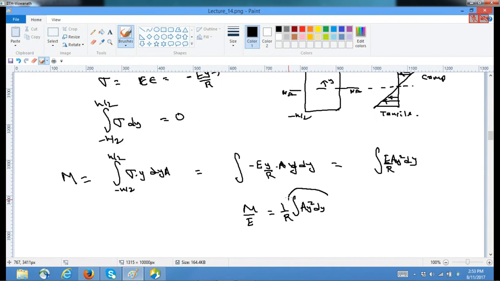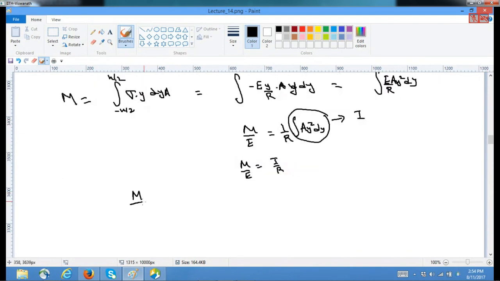But this term is nothing but your moment of inertia. So that means M by E is equal to I by R, or alternatively I can write M, put a minus sign here,